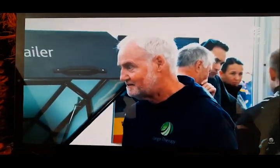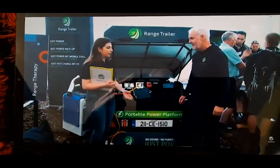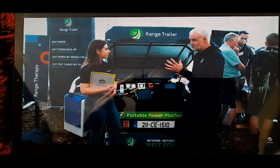And that's where the element of it being a trailer comes in. I don't know if we can see on the camera, but at the far side of this it hooks up to a van, a tractor, whatever, and you can take this around with you. Absolutely. And in that sense, it has another purpose, which could be used by garages and hotels,